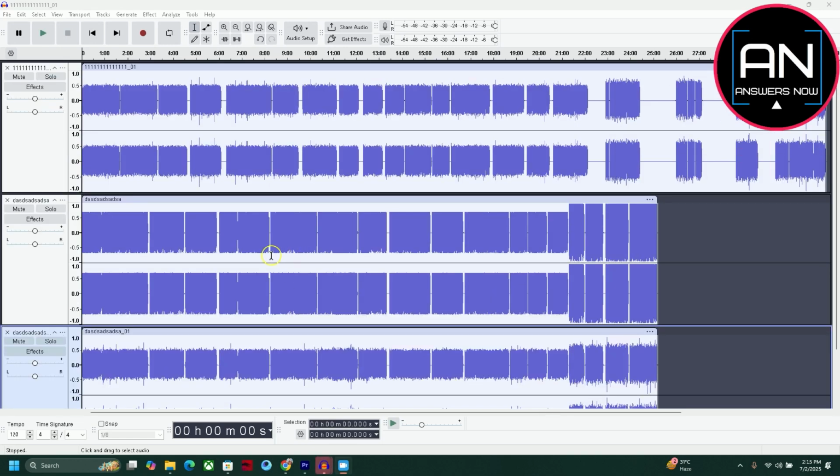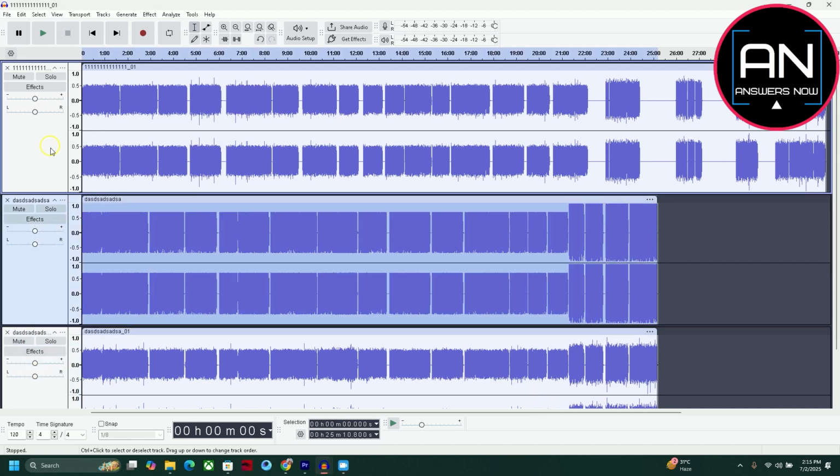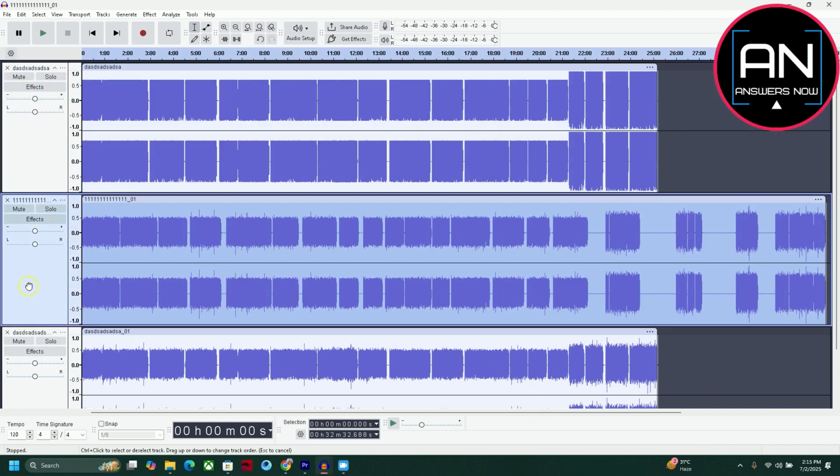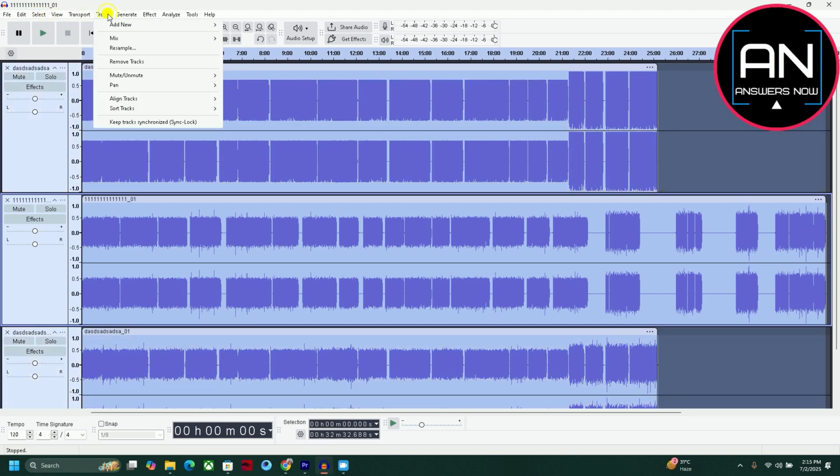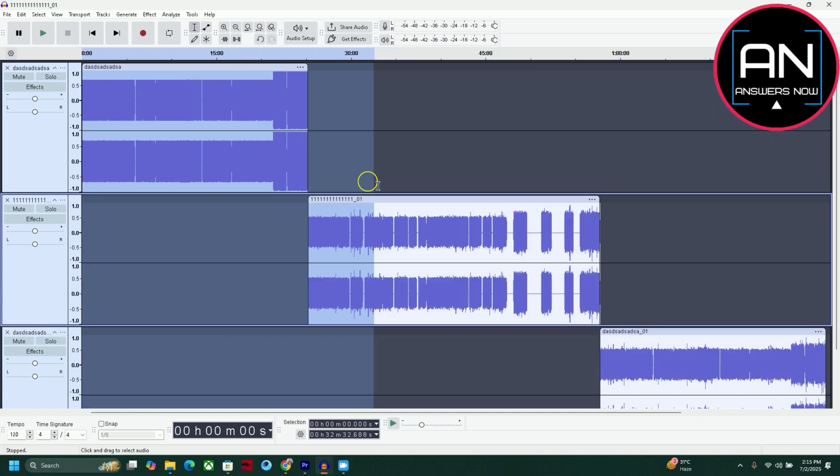If you want to change the order of this, you can click and hold on one and drag it. Next, go to the top and you can press Select and press All. What you can do is press Tracks, hover over Align Tracks. You could do Align End to End and then play one after another if that's what you want,